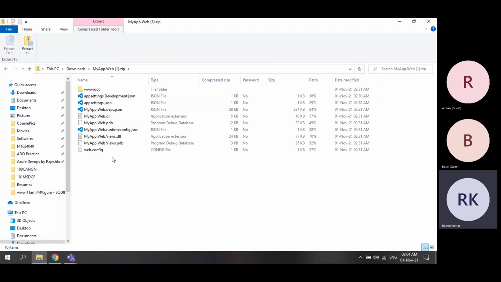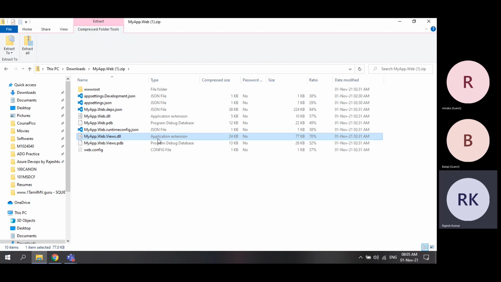I think in our previous sessions, I told you for Java files, the output will be .jar. Here for .NET applications, the output will be DLL. If you see, the application extension is .dll. This is also application extension .dll. .dll means dynamic link library.